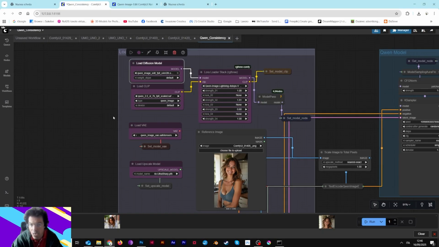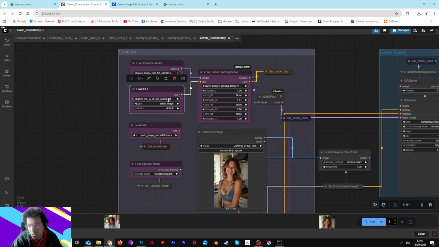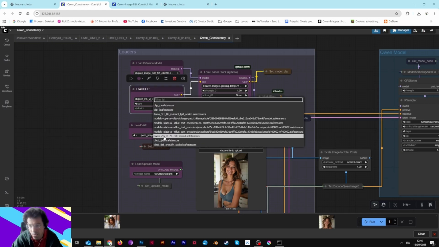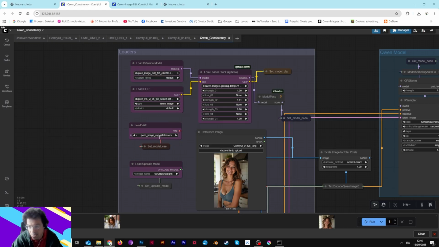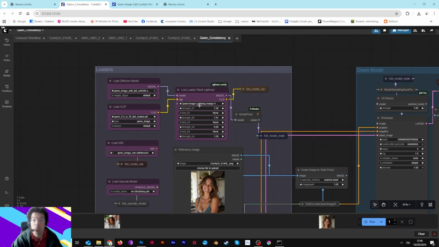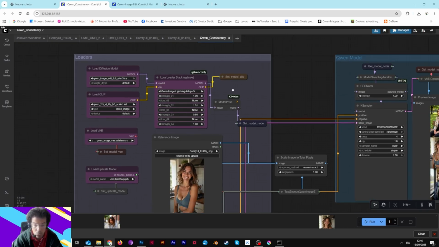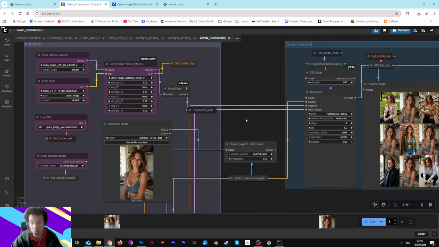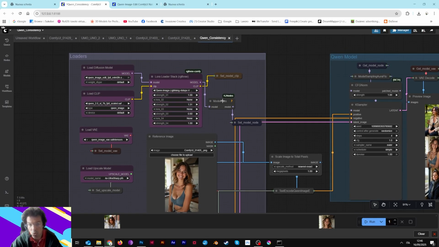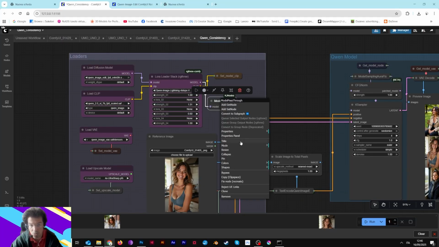I'm using the text clip loader for Qwen, this one, Qwen 2.5, this VAE for Qwen, and I'm using the lightning LoRA, 4 step, to speed up the process. So I use this model pass right here,